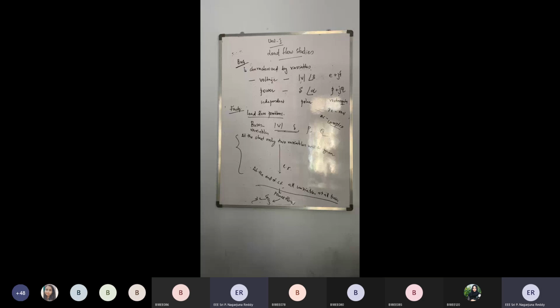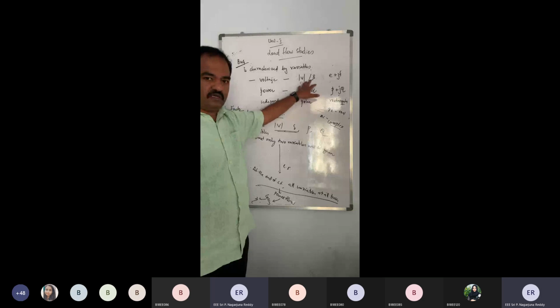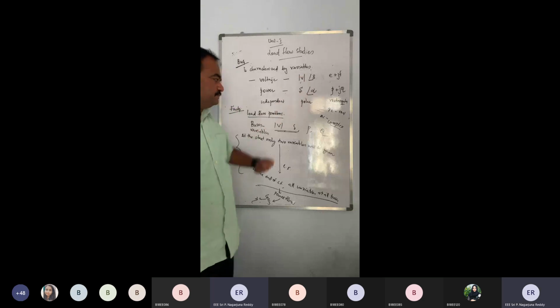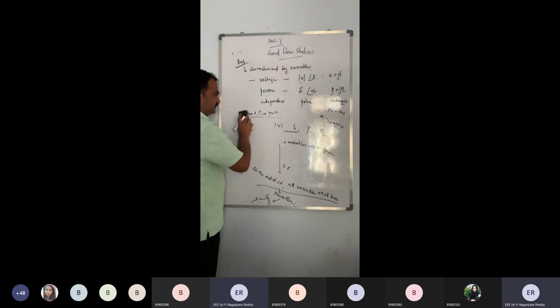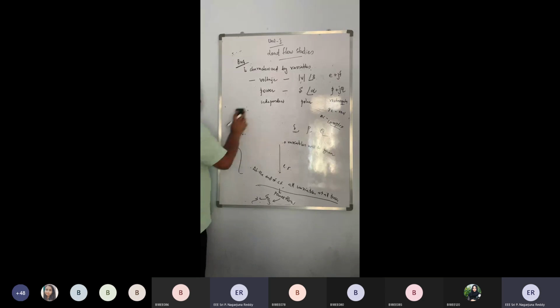Now the question is, sir, why only 2 variables will be given at each of the buses? This we will see now. Understand what the bus variables are. How many variables will be there for each bus? Literally speaking, there will be 2 variables. One is the voltage, the other one is the power. But if we expand them, these will resolve into 4 variables. Now we will see in detail the different types of buses and the parameters which are given at them.